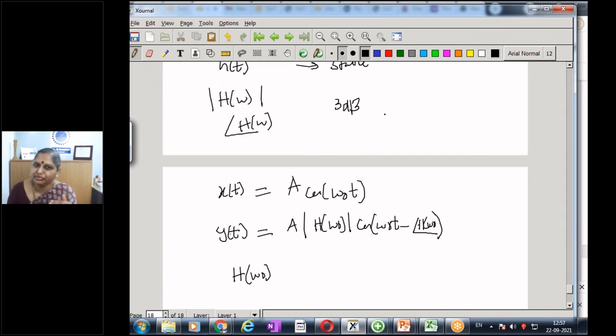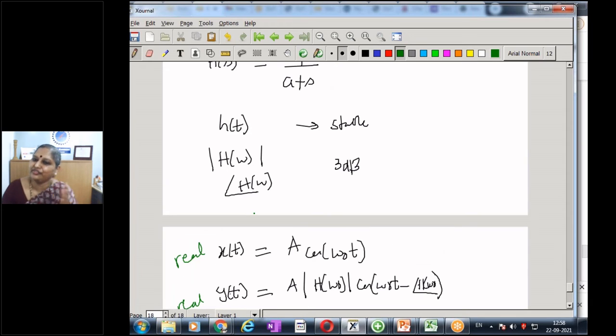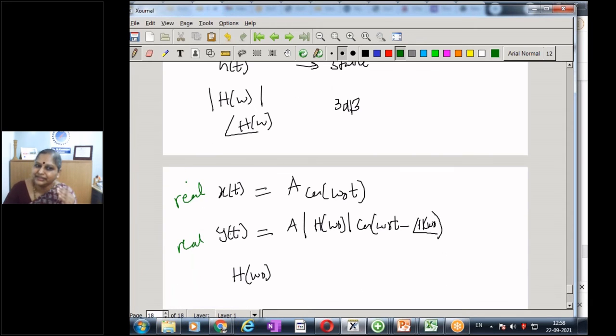Now what is it? I gave a real input. This is the most important conclusion: my input is real, I give a real input, I get a real output. So finally everything is real. What about all the frequency response, everything that happened? We had complex terms, that was all for mathematical analysis. And this real input, real output, you can see even using the circuit simulation of Multisim.